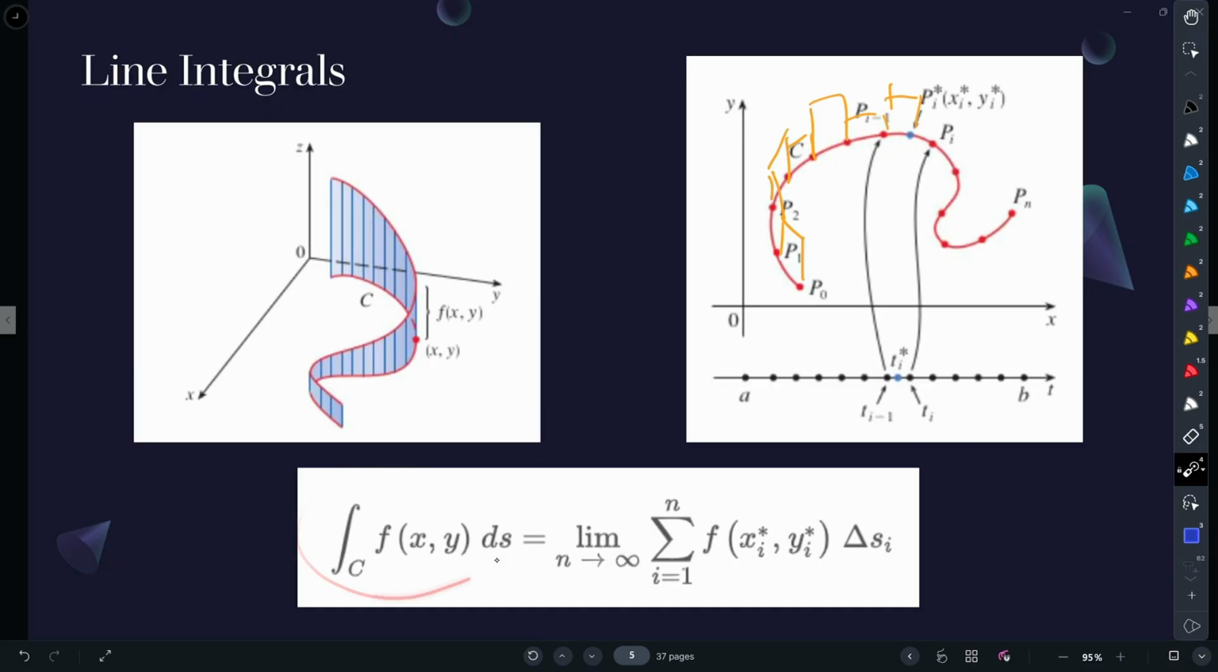So again, this integral is going to be integrated against what we call arc length. So that parameter is arc length. And arc length means that we are integrating